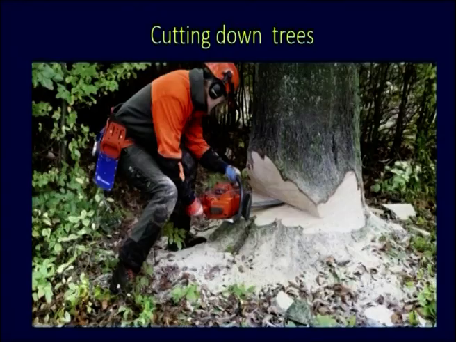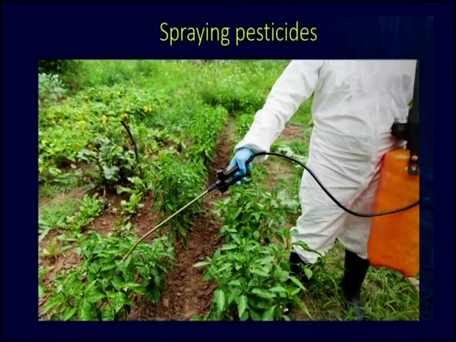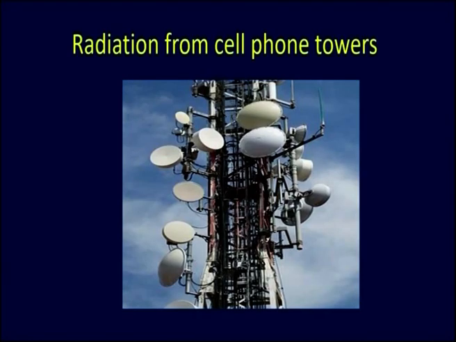Recent studies say that the number of birds is decreasing. Children, think what might be the reasons for the decrease in the number of birds? Let us see. Look at the picture, children. Cutting down trees. What happens if trees are cut? Birds' shelter is lost. Spraying pesticides. Birds feed on worms, and if worms die, food will not be available to birds. Radiation from cell phone towers. The rays from the towers is said to destroy the eggs and embryos of sparrows and birds.